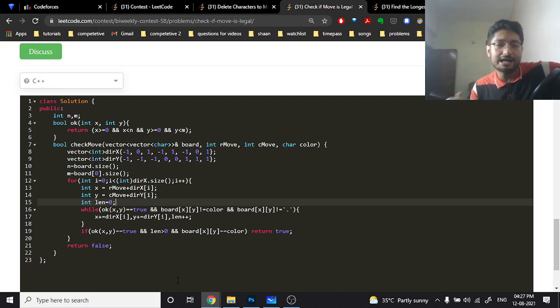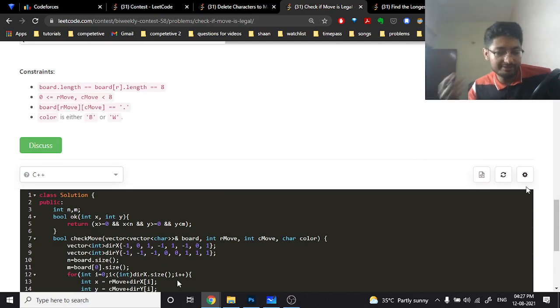In the case in which I find an empty block or a block which we do not want, at that point we check that it is in bounds, and also the length should be greater than 0 obviously, and then the block at the other point should have the same color as the start. So if I start with white and all the colors in the middle are black, then the endpoint is also white. If I find any direction satisfying all of these conditions, then the answer is true, else the answer is false. So that's the logic for this problem. I hope you understand the logic and the code part for all the problems. If you have any doubts, you can mention them down.